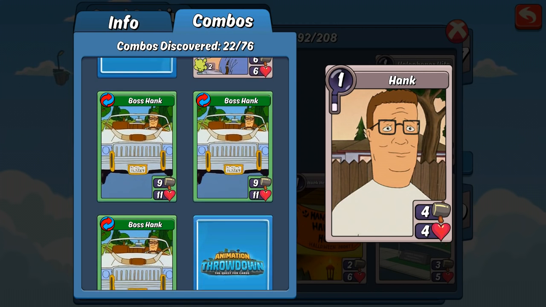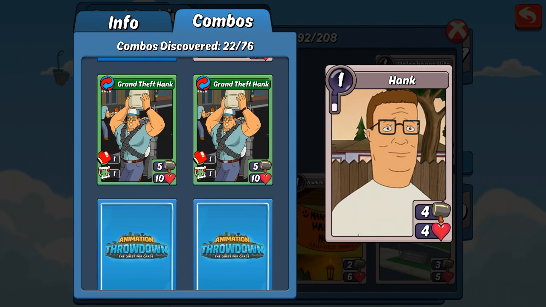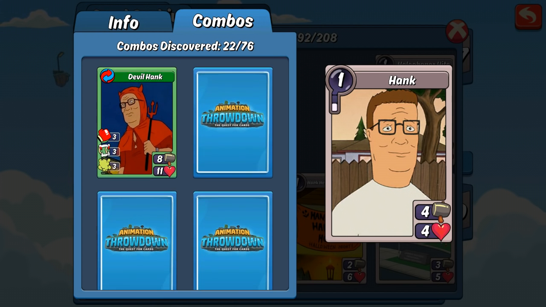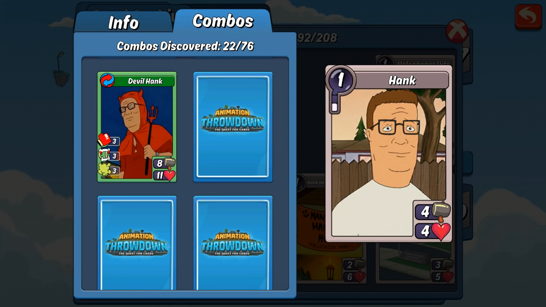and he has two more beautiful combinations in the form of Propane Hank, which, as I already told you guys, is an offensive beast, and Devil Hank, who is essentially Propane Hank, but on steroids, because not only does he get the punch and the fangs, and his attack is just higher by default, he also gets the gas, which adds that much more damage to him against other cards. Granted, gas isn't the greatest ability ever, honestly, but